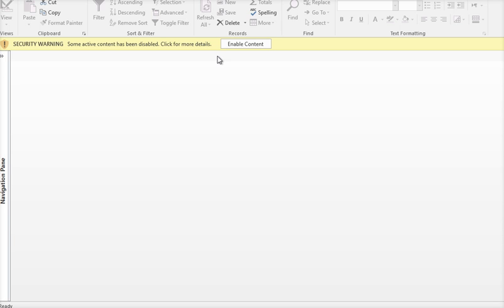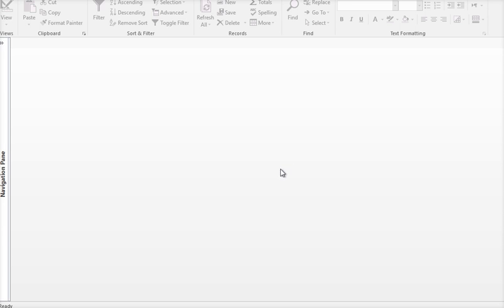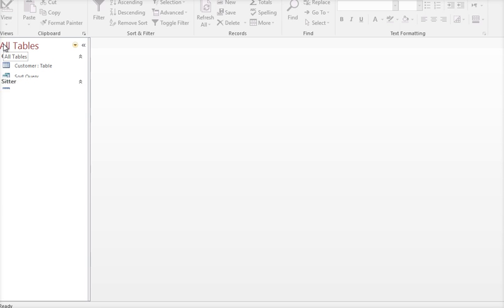By default, you will always see the security warning. Access files are very vulnerable to viruses, and so this is another safeguard. It's for your own safety so that you don't have a virus. Just click on Enable Content, and again here it asks you if you want to make this a trusted document. Say yes. Over here you have your navigation pane, and when you click on that, it shows what Microsoft Office refers to as